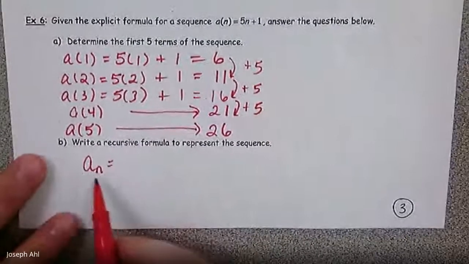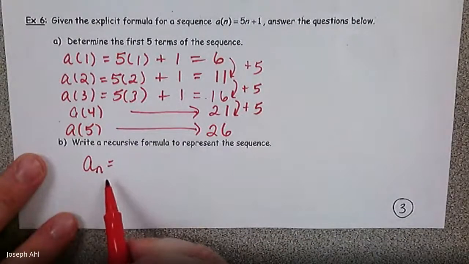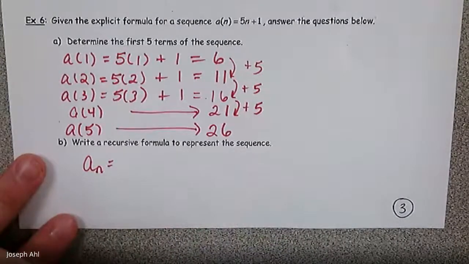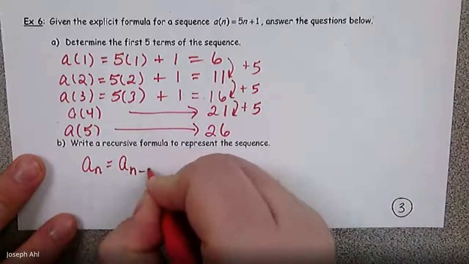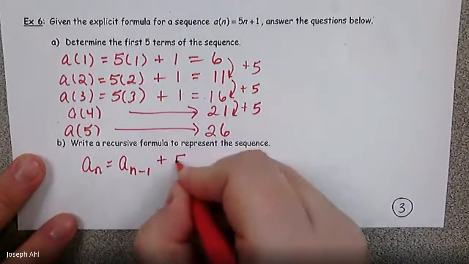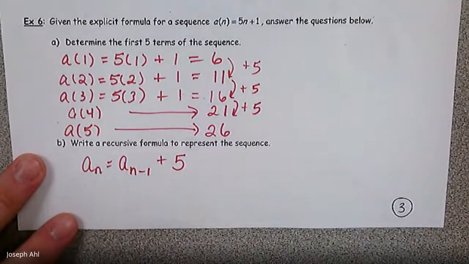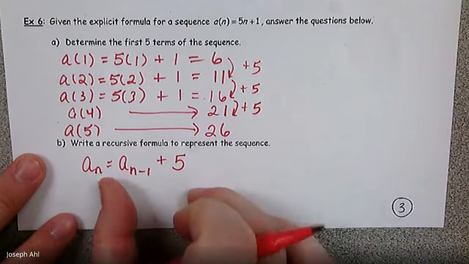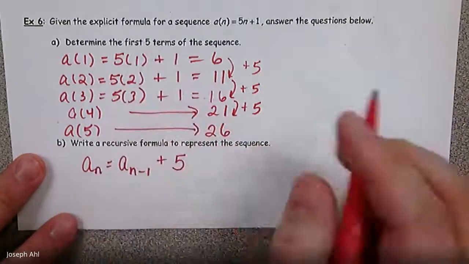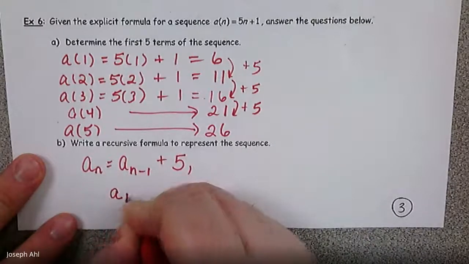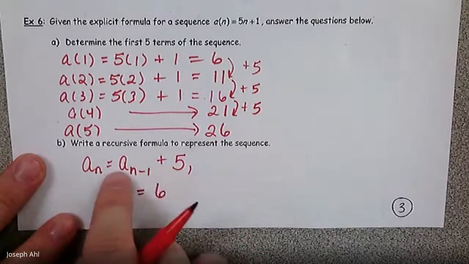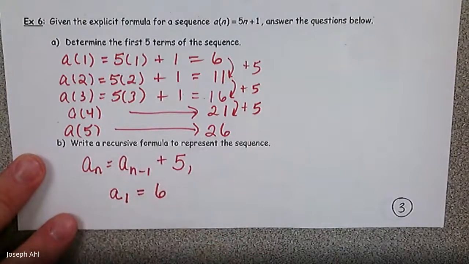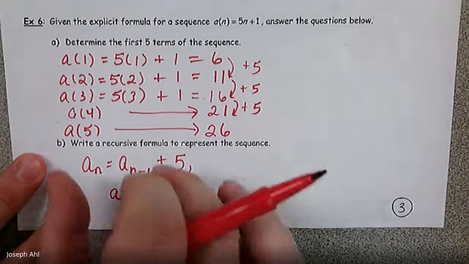So if I start with the term a sub n, I'm going to use the sequence notation. I'll also use function notation for you guys if you like that. So a sub n, I have to take the term that came before it, which notationally is a sub n minus 1, and then add 5. And we should be able to confirm that if I go and check this, that I get this list as long as we define that A1 equals 6. If you don't define A1, we have no place to go. We can't generate terms in a recursive formula without being told A1. So that's a pretty important thing to pay attention to, that, okay, if A1 equals 6, then I have enough